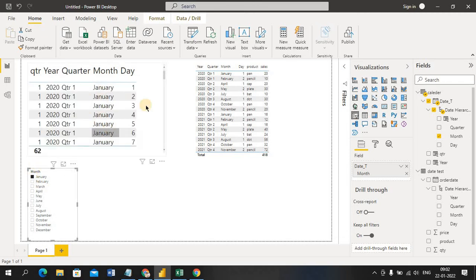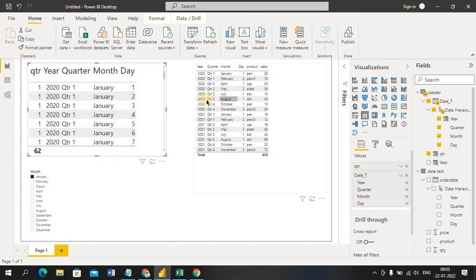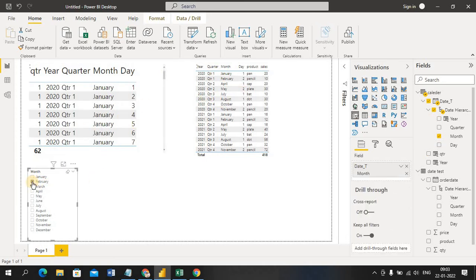See, this January is highlighting. Is it highlighting as per my changes? No. Feb I'm selecting; you see, only this one changes as per my selection, it's not impacting the other. If I want this to be impacted also as per my selection, I have to build a relationship in the backend.